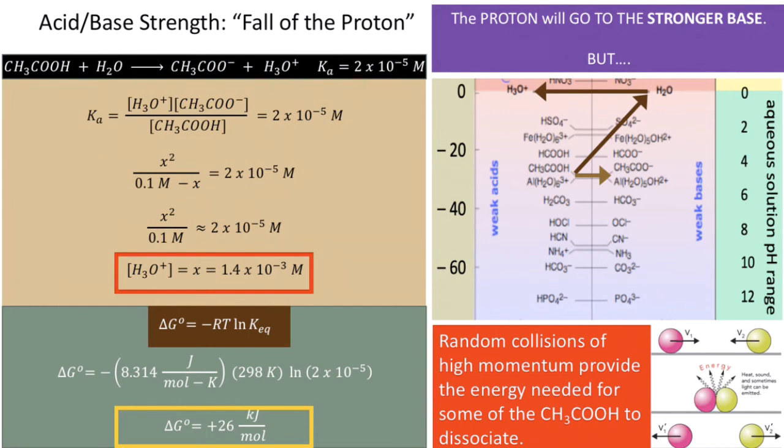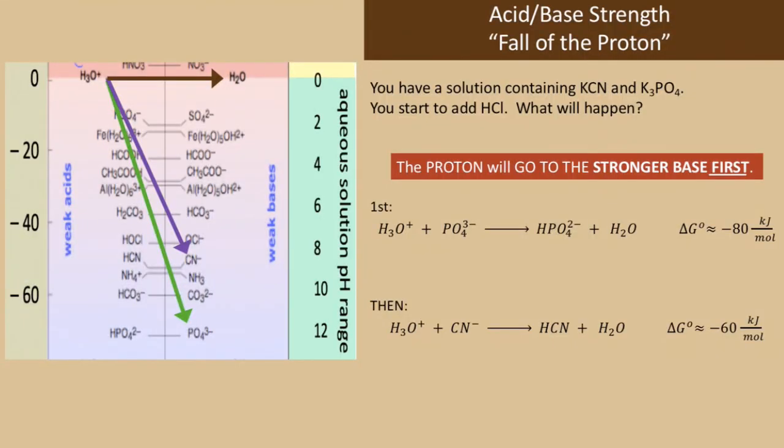So where is this energy coming from, this positive 26 kilojoules per mole? Well, it's from random collisions of high momentum. They provide the energy needed for some of the acetic acid to dissociate. Final example for acids, you have a solution containing KCN and K3PO4, so you start adding